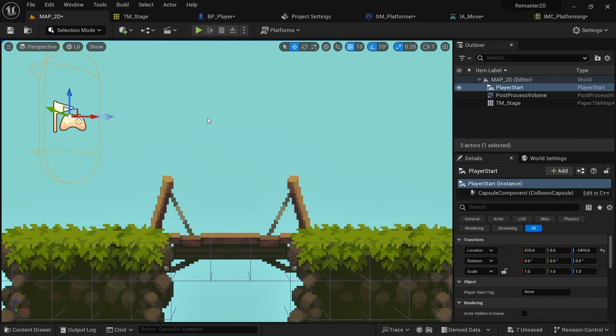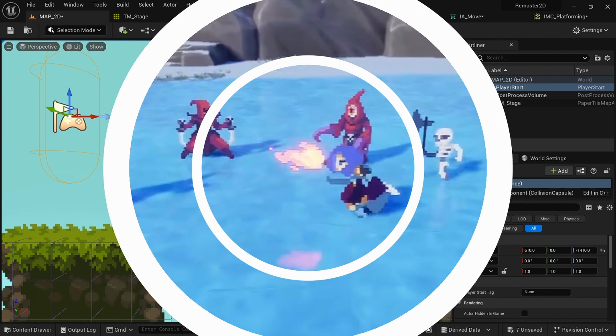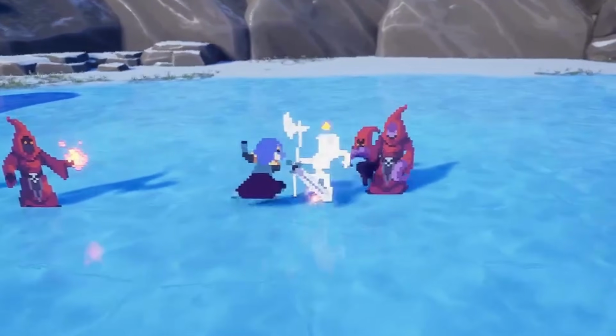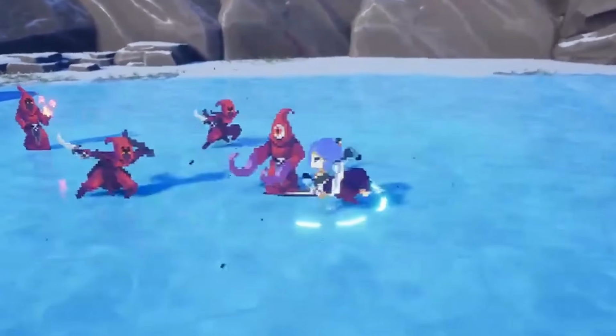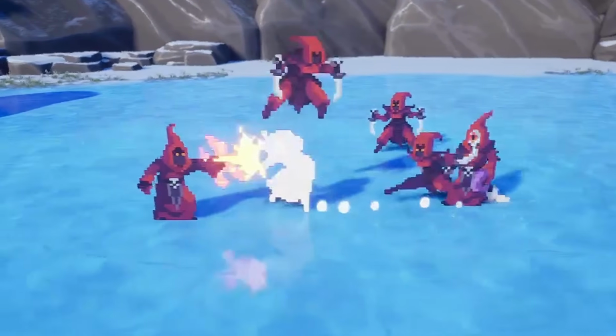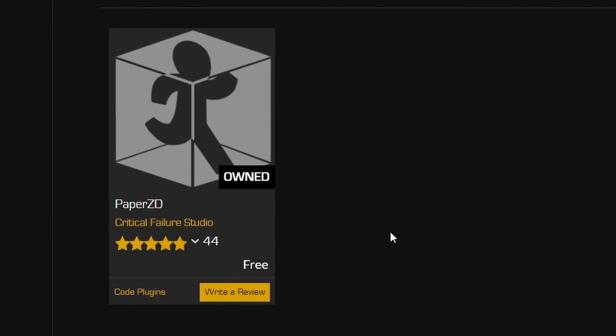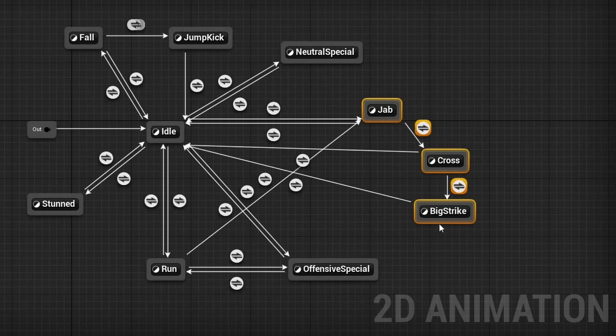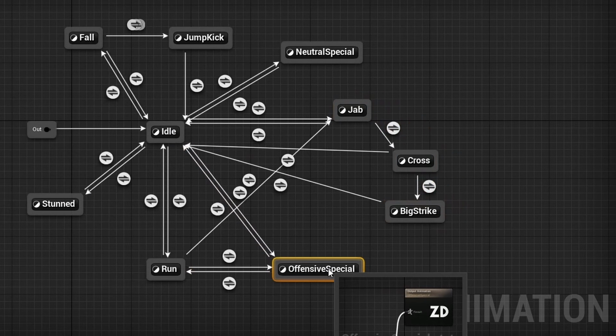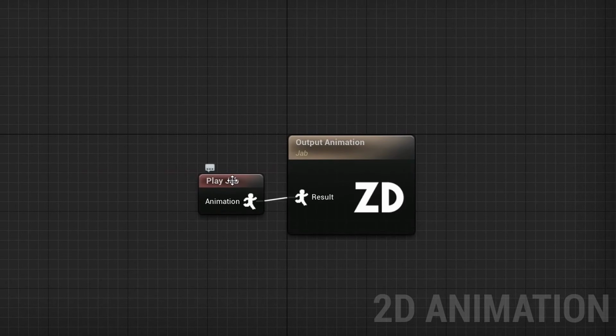For simple things like we did now, this method works just fine. However, once you make more complicated games with a lot more animations, this can be a bit hard to manage. For that reason, somebody made a free plugin called PaperZD, which adds support for animation graphs that make handling animation states much simpler. This is definitely something that will make your life a lot easier when making 2D games with